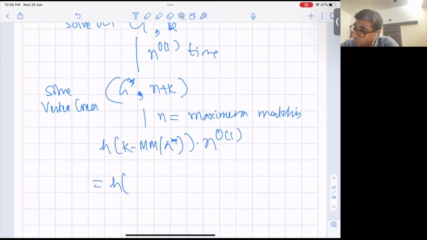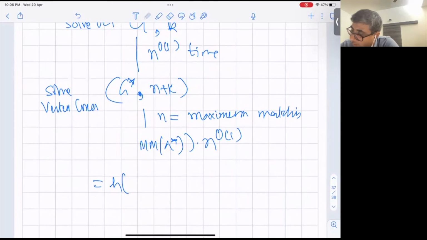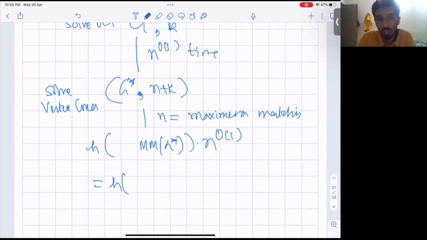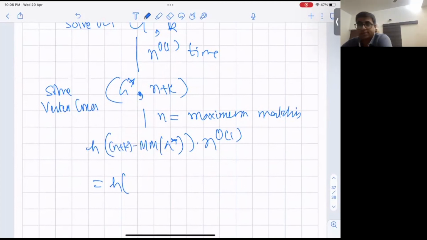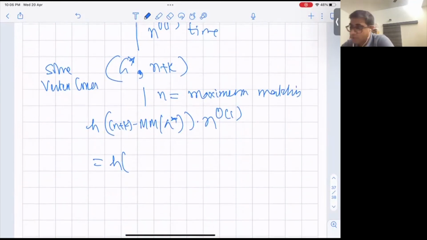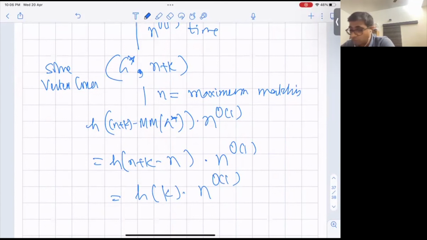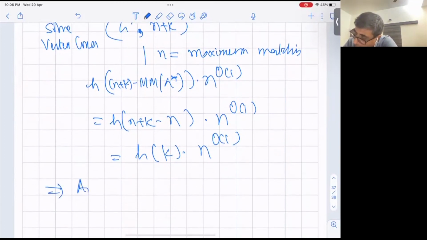So this is h of k prime minus maximum matching, so this is h of n plus k minus this. This is my algorithm, right? Because what is the running time of this algorithm? It is k minus the maximum matching, where k is my vertex cover. So this is my algorithm, which is n plus k, n times n to the power big O of 1, which is h of k times n to the power big O of 1. Which implies we have an algorithm for OCT running in time